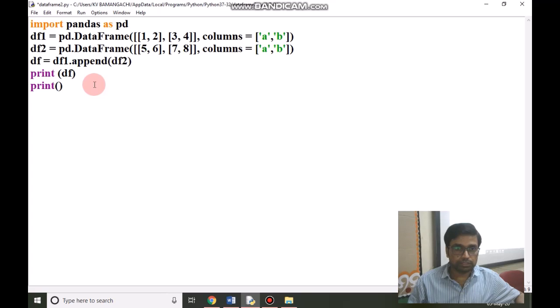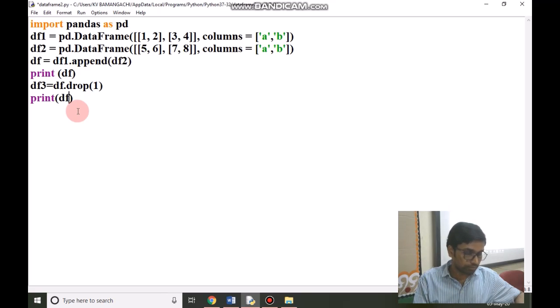Suppose I am taking a fourth data frame, because the third is the resultant df, so it will be named df3. df3 equal to, and we are dropping a row from the df data frame using the drop function, and we will drop row number 1, and we will print df3 after dropping row 1.